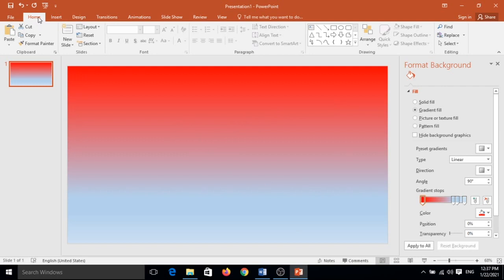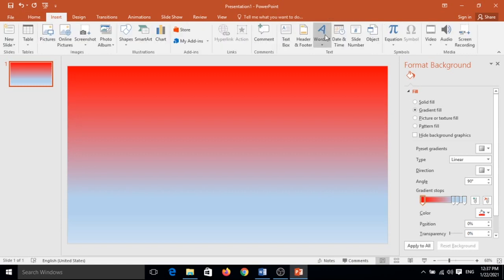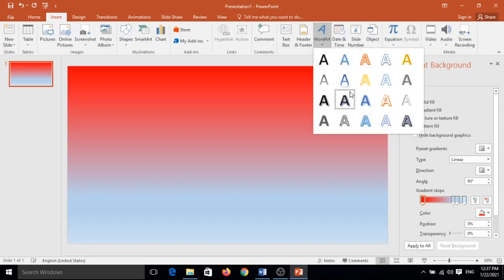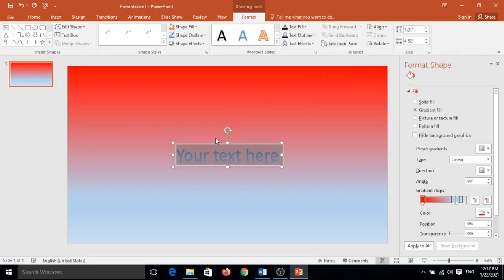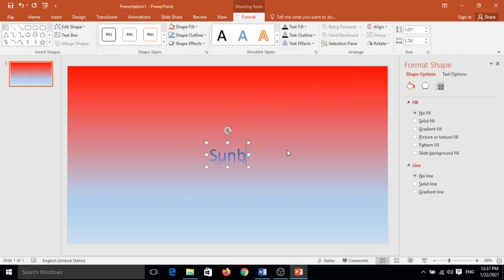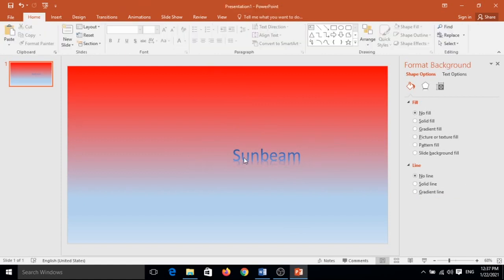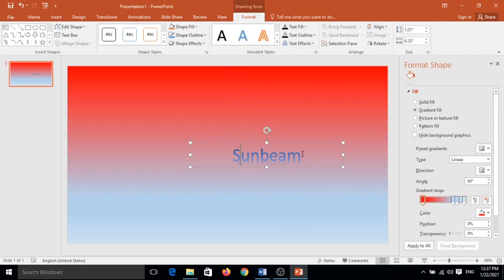First I want to insert a text word and type here Sunbeam and bold it. Size will be increased.